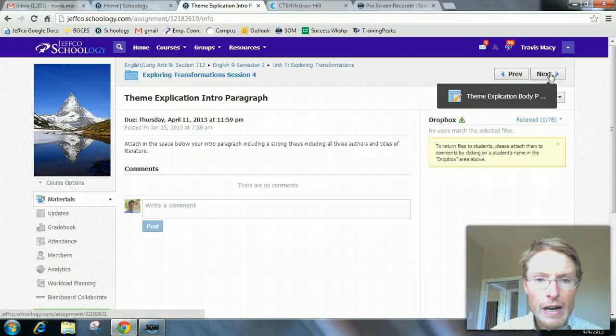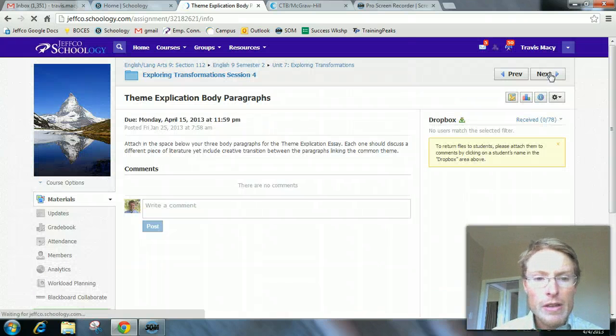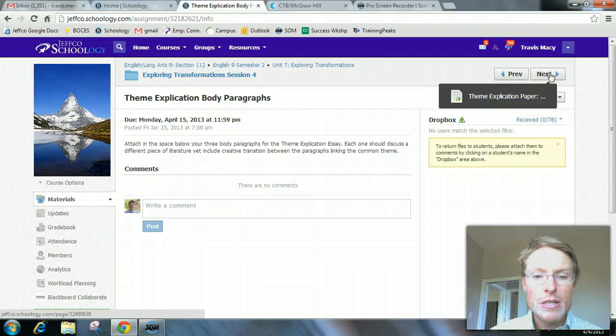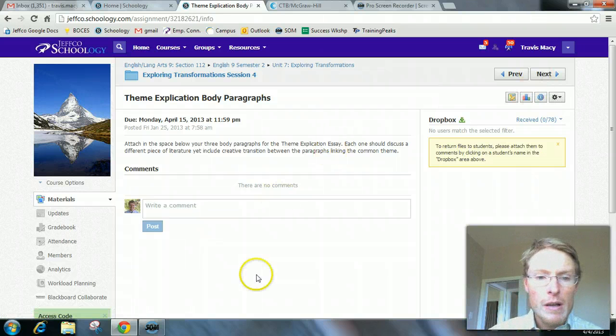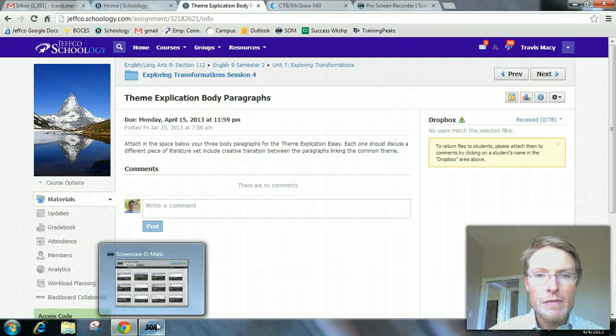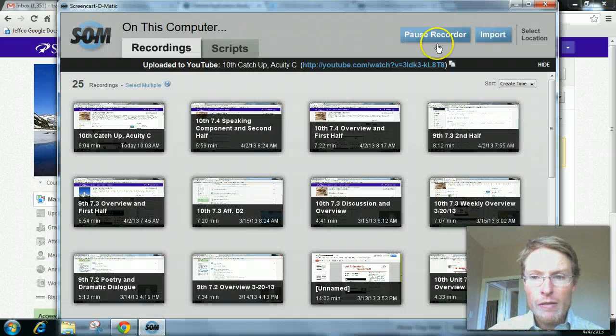All right, you can see, again, you'll turn in the intro paragraphs and then the body paragraphs. Separate due dates for those. The intro paragraphs are due on Thursday, body paragraphs Monday the 15th. All right, we'll cut it there for this first